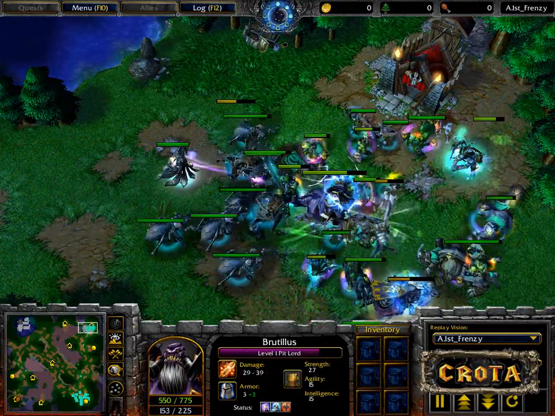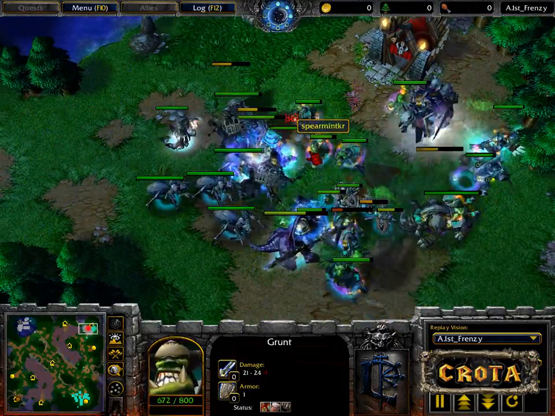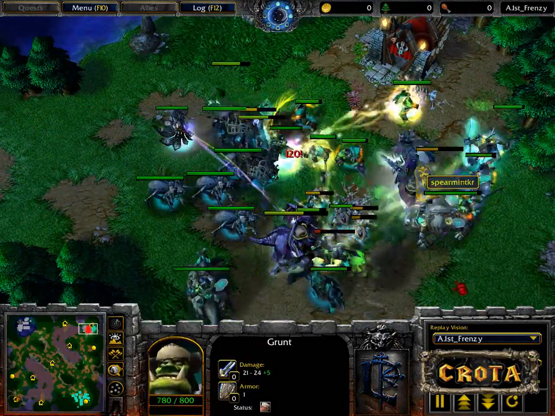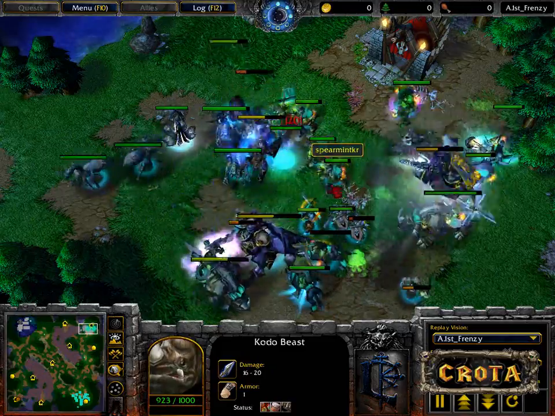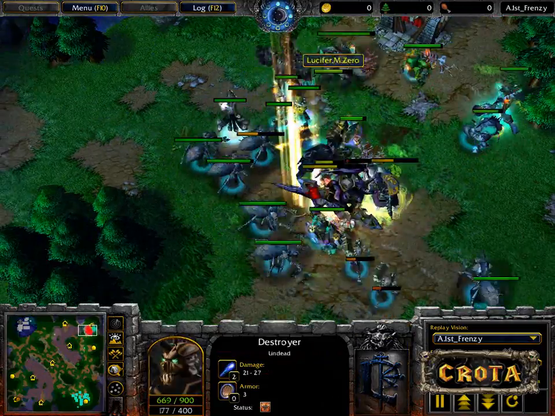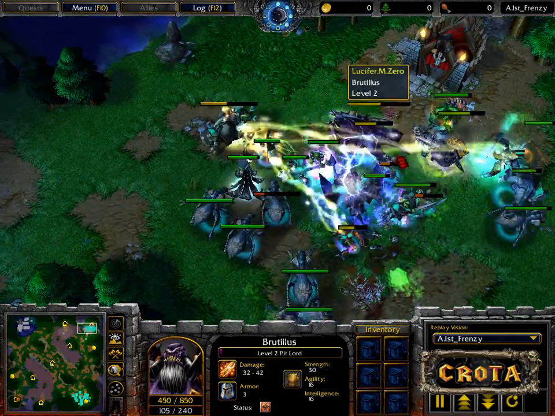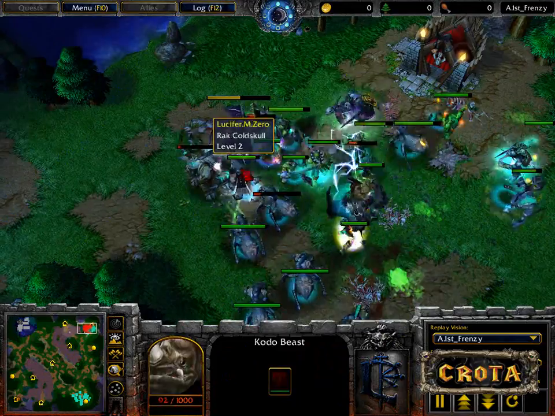You can see Howl of Terror there, really reducing the amount of damage that all these grunts are doing. You can see actually it's a -1 damage, as opposed to the Kodos with that plus damage rating. So far, the Pit Lord now continuing that fight there. Howl of Terror lasting for quite a while. Pit Lord may actually now have Cleave, doing extra damage once again, as you can see the Kodo Beast trying